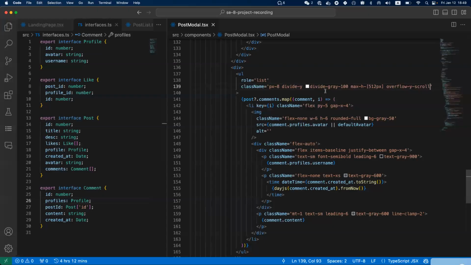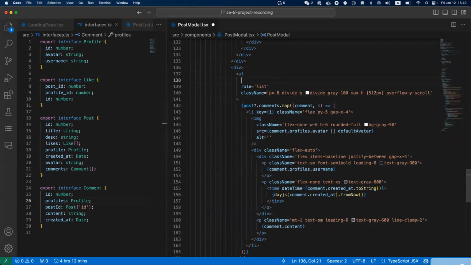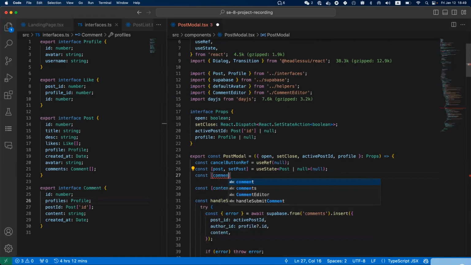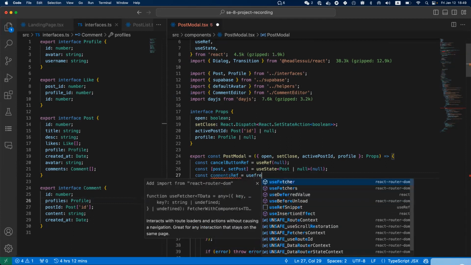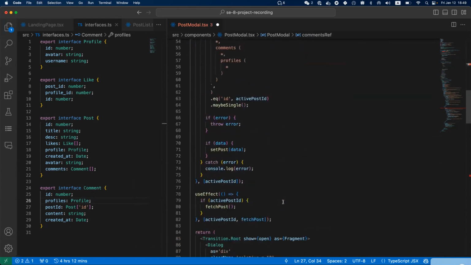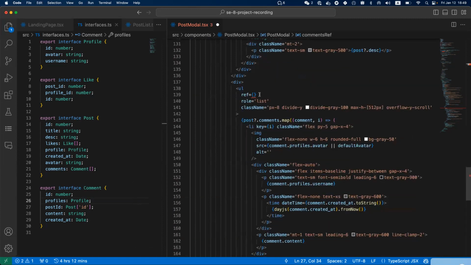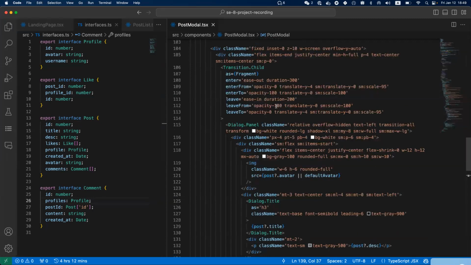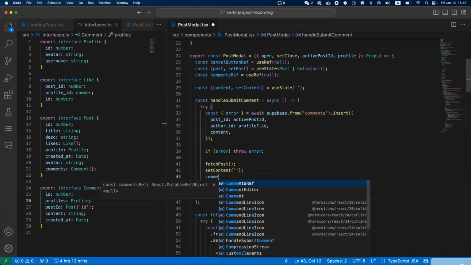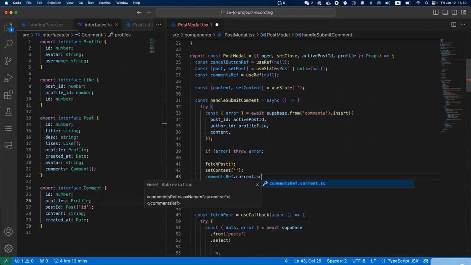Sounds like more. Yeah. So we're going to create a ref over here. This is a reference. I'm going to create a reference up here using React, const comments ref equals useRef. By default, it's going to be null. And then coming down here, I'm going to make this comments ref, passing it into ref. And then as soon as I post the comment, what's going to happen is comments ref dot current dot